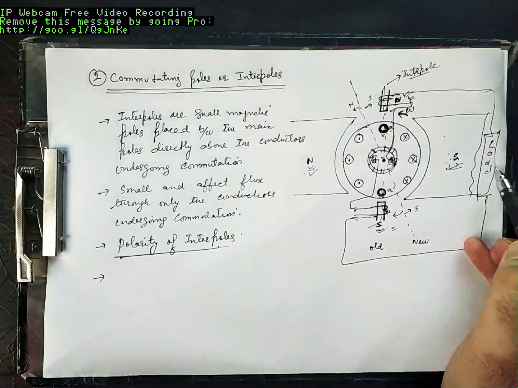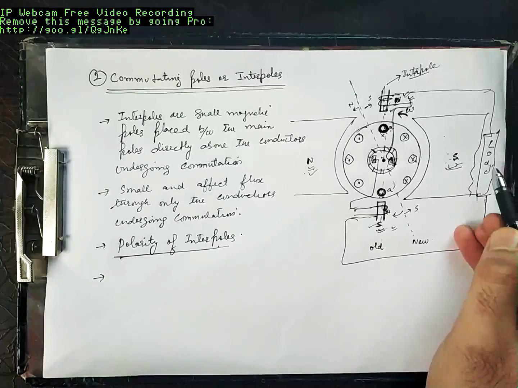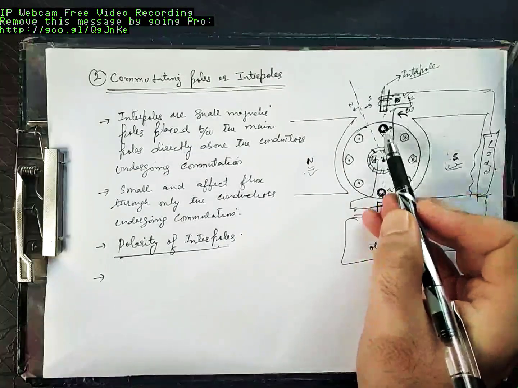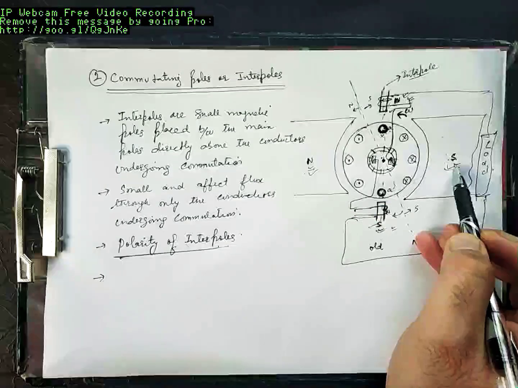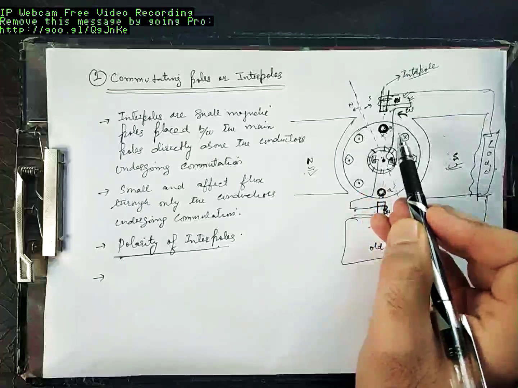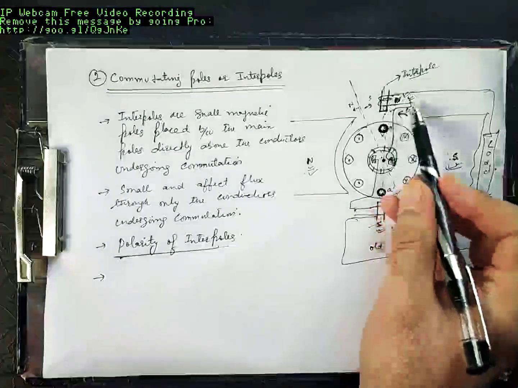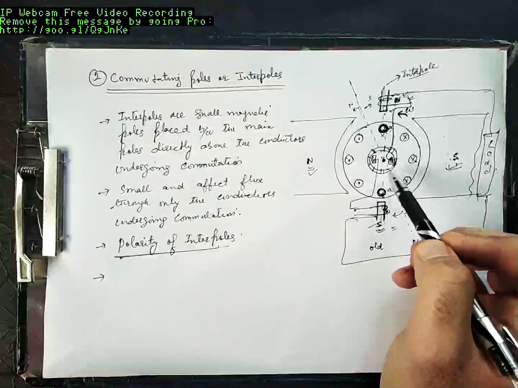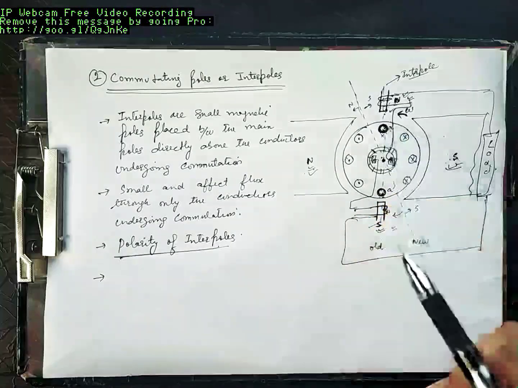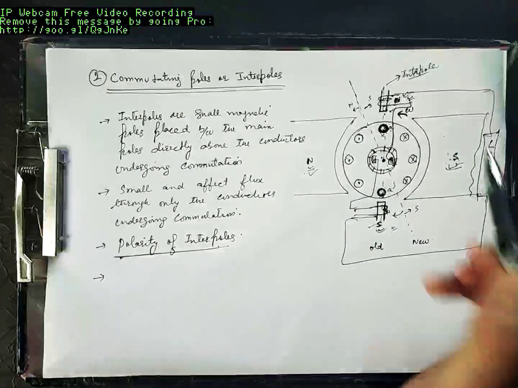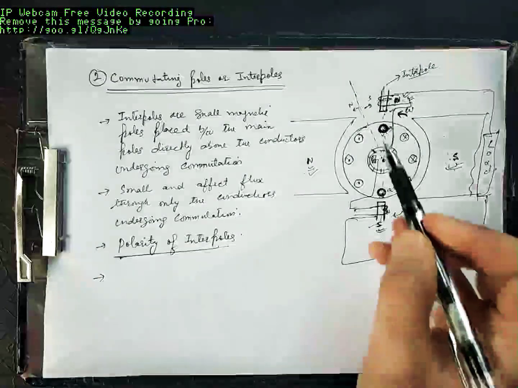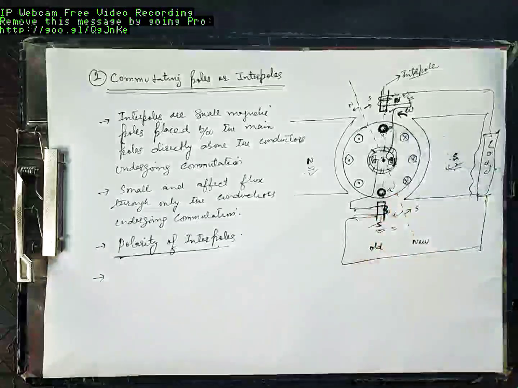Similarly, when load current decreases, armature reaction decreases. Armature reaction decreases means EMF induced in this because of the south pole decreases. So you want the north pole induced EMF in this to also decrease. How does that decrease? Since you have connected this north pole in series with the armature, when armature current decreases, flux due to the north pole decreases, so EMF induced here decreases. Thus you exactly balance. EMF induced here because of the north pole is equal to EMF induced because of the south pole. Net EMF induced here is 0.